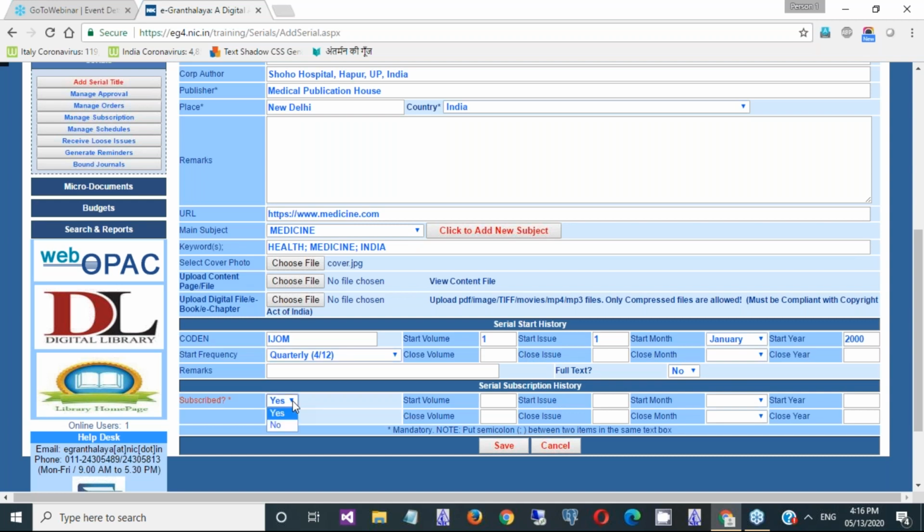Then this particular field is required if you want to subscribe to this magazine or journal. If you select no, then you will not be able to take it in approval or to place the order, basically. So subscribe yes. Then you can fill these information also. These fields are available: from which volume you are going to subscribe. These are not mandatory, basically. These are optional.